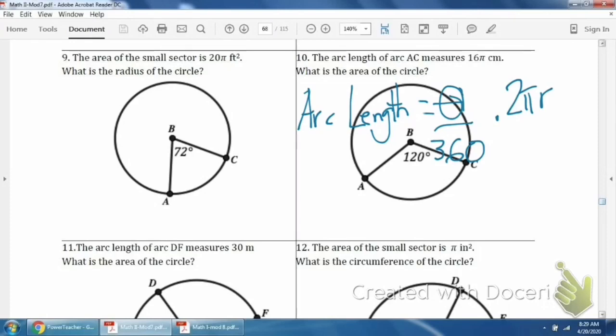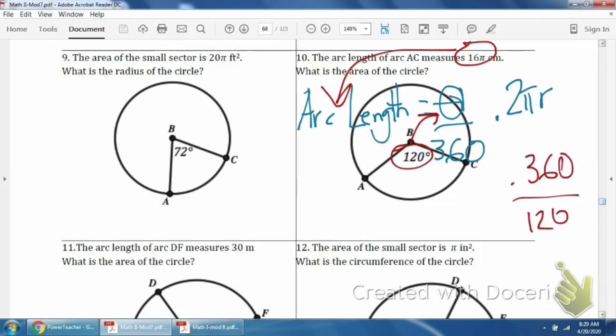So for these ones, same idea, you're going to take what they give you for the arc length, plug it in on the left side, plug the angle in on the right side. We're going to have to multiply by a reciprocal over here, probably like 360 over 120. You have to multiply by that, and then end up dividing by a 2 and a pi to isolate r. Okay, but again, we're just using our arc length or area of a sector formula, and then plugging what they give us in and isolating what they are asking us for, which in this case, oh shoot,